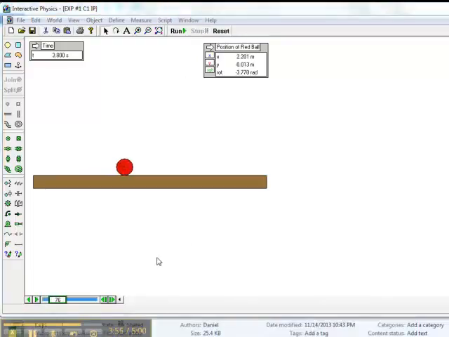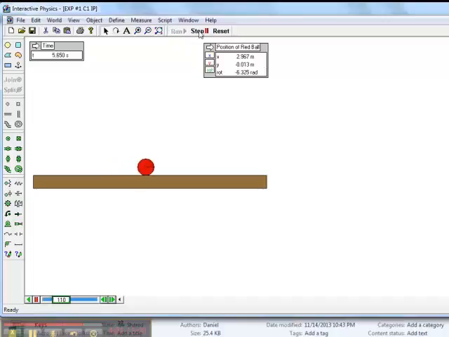So what we're looking to do here is find the position as a function of time. So the one we are concerned with is the X position. Notice, if I hit run, the Y position doesn't change. And again, if we go back and reset. Now, notice if I hit run and let it run for a little bit, one of the things we can do with this little slider here is move it back and forth. It's very sensitive to my clicking, so you can easily move this around back and forth relatively simply.